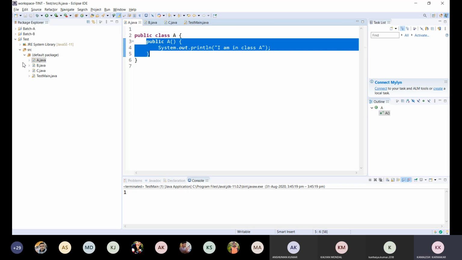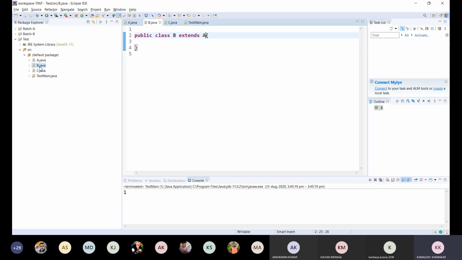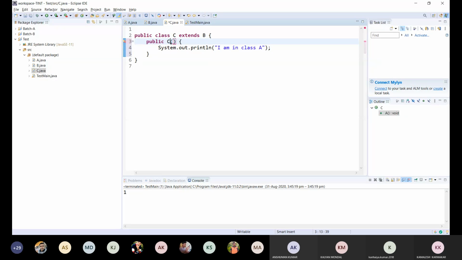Now I will use similar type of constructor in B class. So I'm going to define another constructor B. If this constructor is being called, it will print I am in class B. If the constructor is defined in class C, if this constructor is being called, it will print I am in class C.